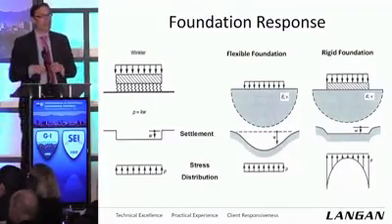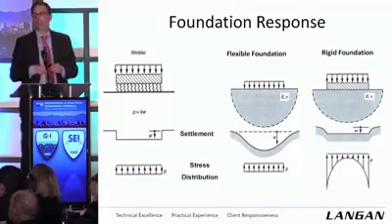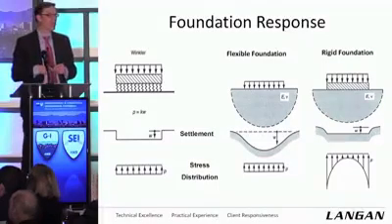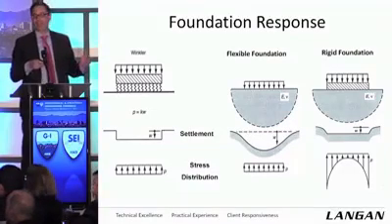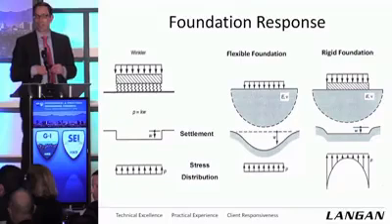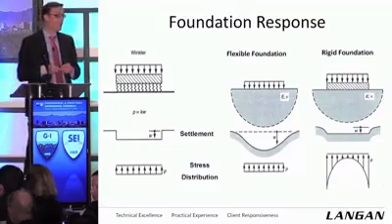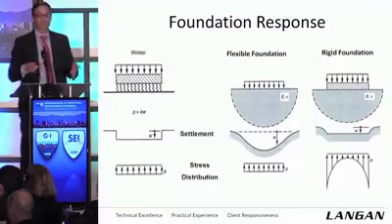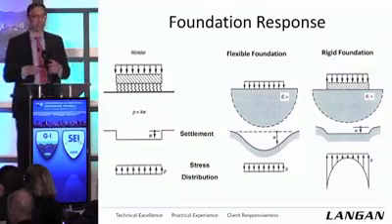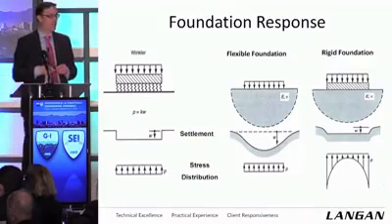On the right-hand side is the classic beam on elastic foundation type diagram. So a flexible foundation will have a very non-uniform settlement profile, but it will have a very uniform pressure profile. And conversely, a rigid foundation, it's rigid, right? So it's going to settle the same, so have uniform settlement, but it will have a very non-uniform